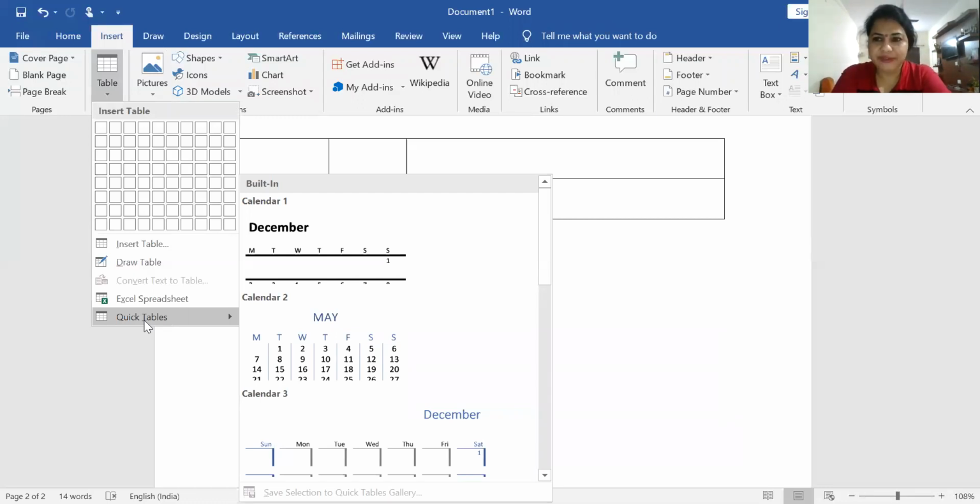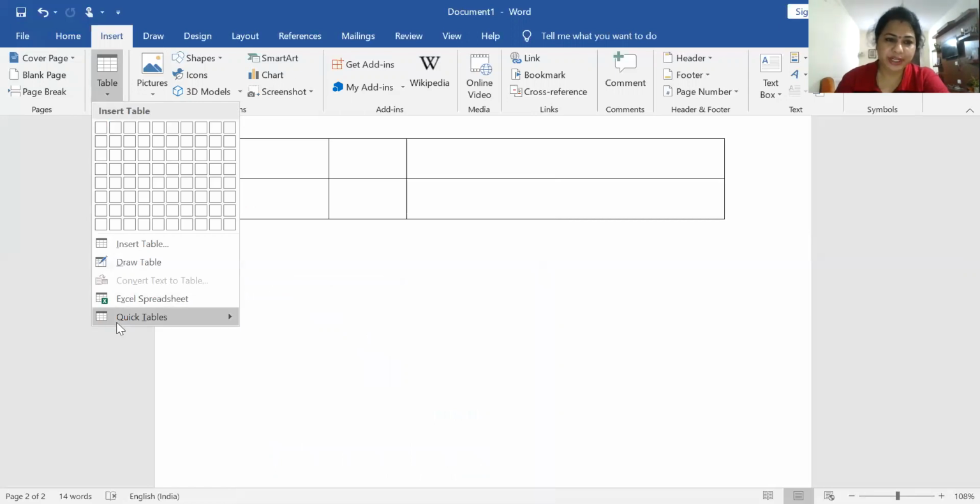After 2007 it was available in Word, an easy way to insert a pre-designed table. Pre-designed table means somebody already prepared a design for us, and we are choosing the design. So we don't have to do much labor. Okay. So the ready-made design is available, with the most commonly used table layouts, and the design we select will be applied in our Word document. So first we have to go to insert, then table, then quick table options.